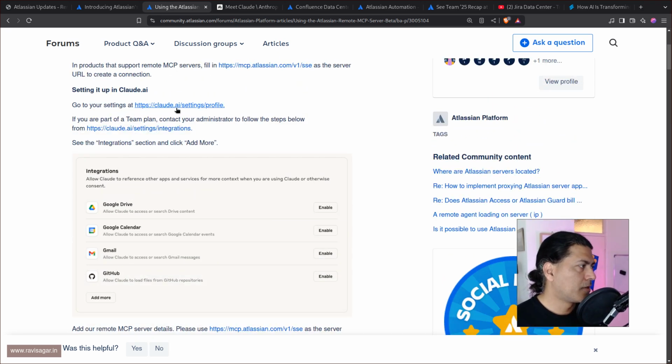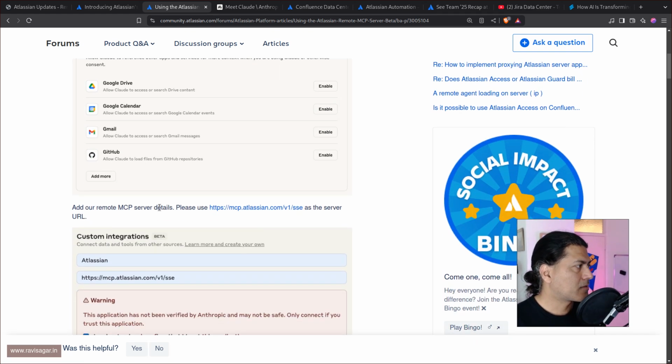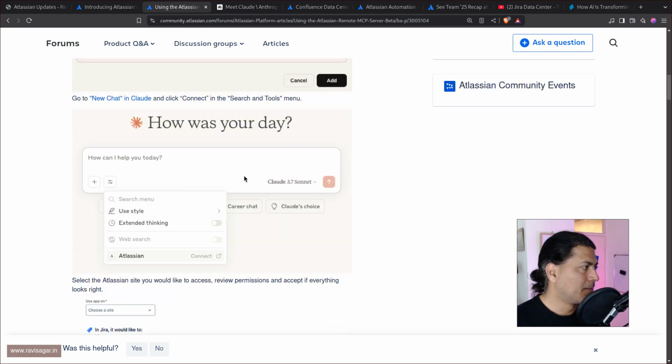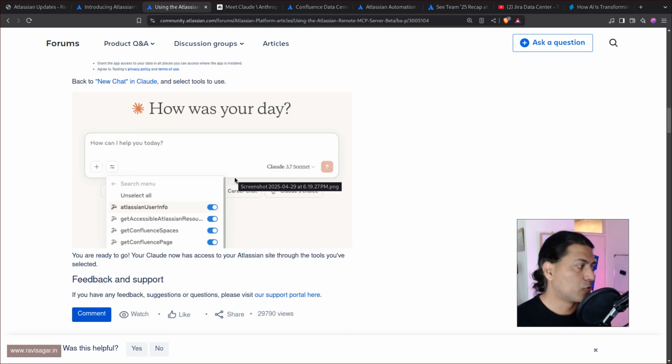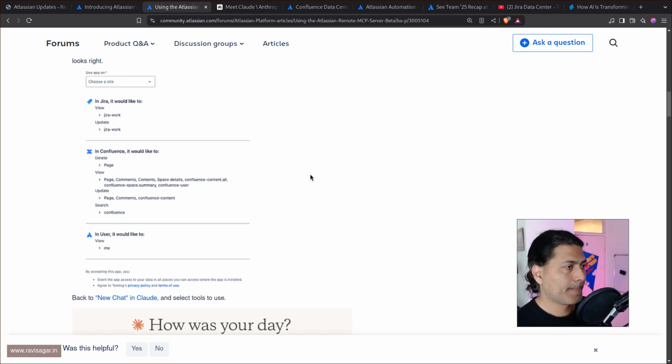For example, if you go to Claude.ai settings, you can then click on add more, I believe, and then you can start configuring your Atlassian MCP server, and then you can hopefully start asking questions, right? And that will be based on, of course, the data that you have in your Jira and Confluence. So I will definitely give it a try.